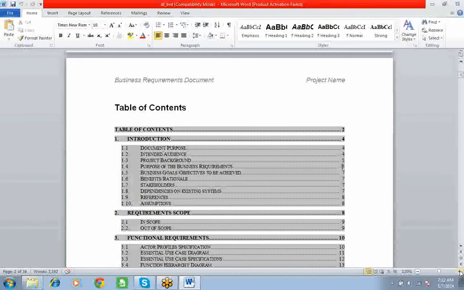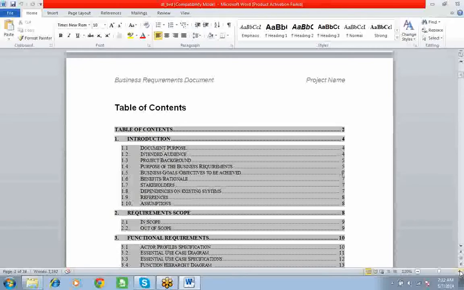Okay, purpose of the business requirements. What is the purpose of this business requirements? I mean, as I told you, right? Is it a new one or is it an existing one? You are doing modifications. What is the purpose? You have to mention here. There will be the checkbox. You have to check it out. I will show you that. Next one.